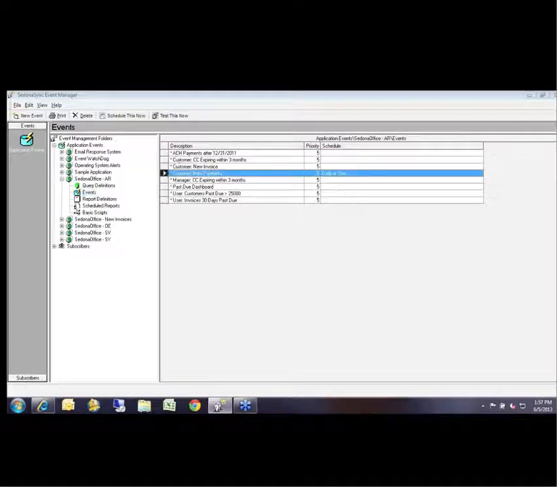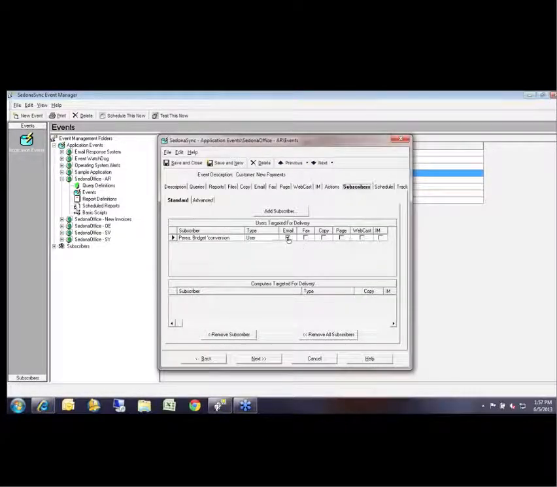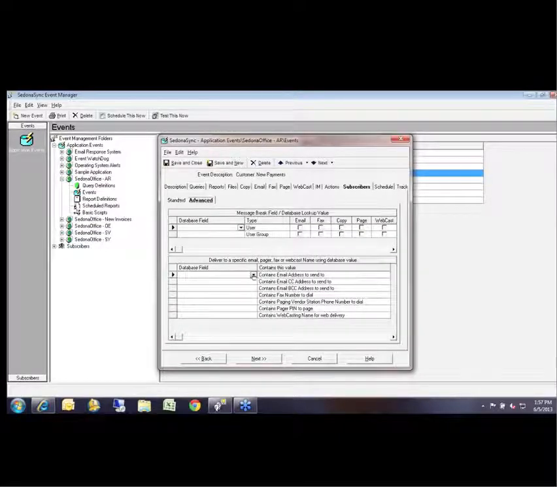highlight that particular event, and do schedule this now. That will cause the event to run immediately, and it will send the notice to you so that you can have all the formatting the way you want it before you actually turn this on for your customers. Once you have it the way you want, you can go back in and remove yourself as a subscriber. And I'll actually do it this way, highlight it and do remove subscriber,